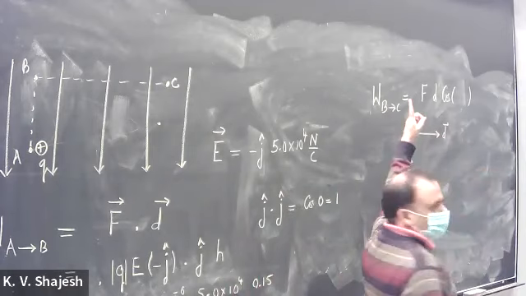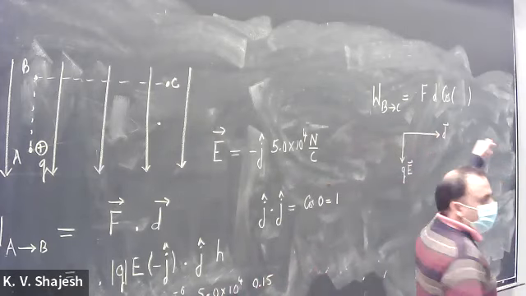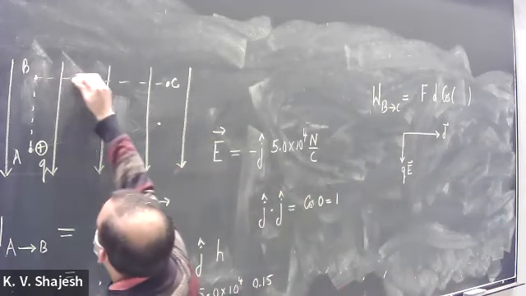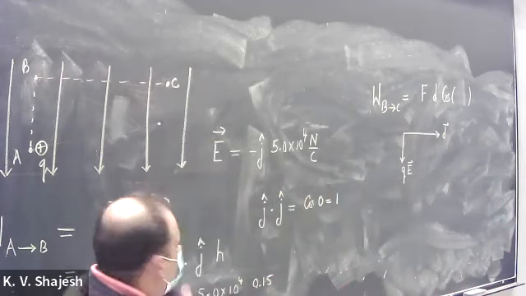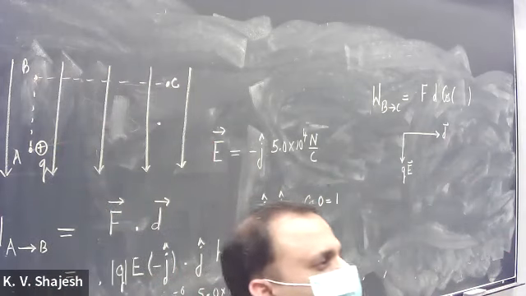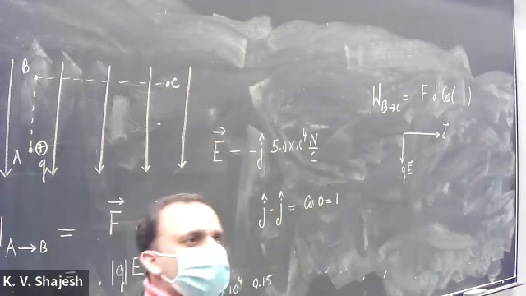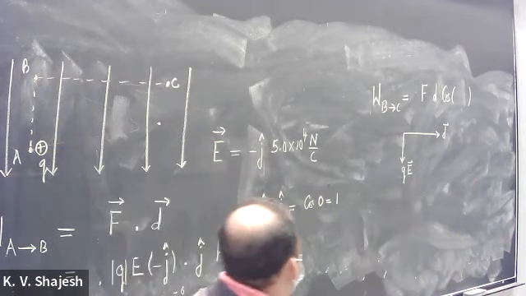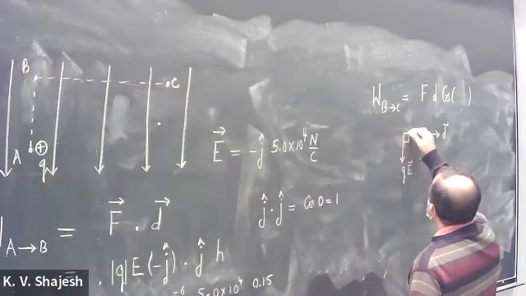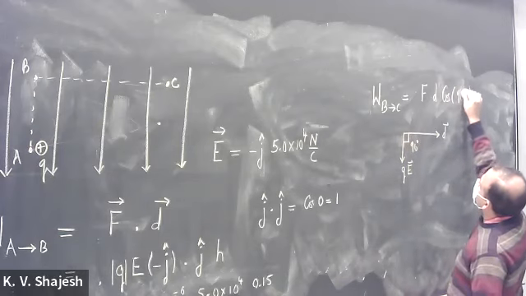Earlier, the displacement was in the opposite direction of the force. Now the displacement is to the right. So this is the displacement B to C. But the force is acting perpendicular to it. Whenever the force is perpendicular to the displacement, that means that the force is not helping you with the displacement at all. In fact, the angle between them is 90 degrees.